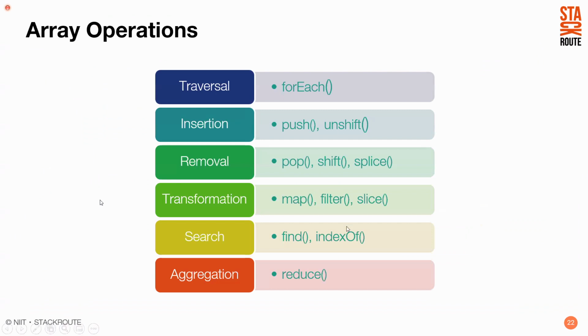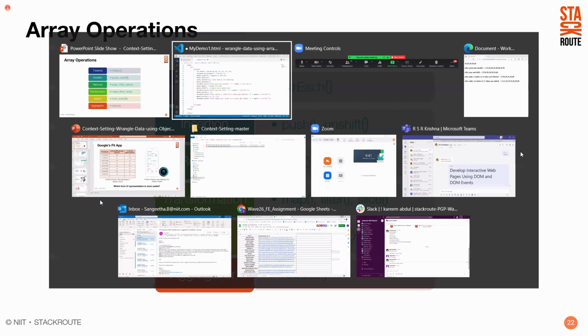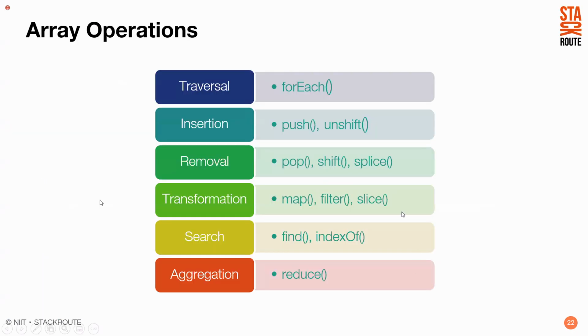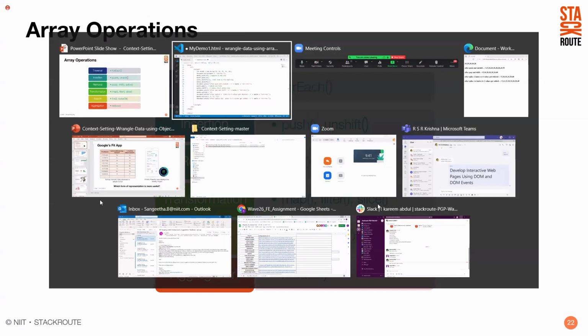So what does this forEach do? So we came across inline function. What is that recursive function? In future, we will touch on callback function. So we are with functions. So the topic which I want to discuss before moving to the next operations, which are forEach, map, filter, slice, is,